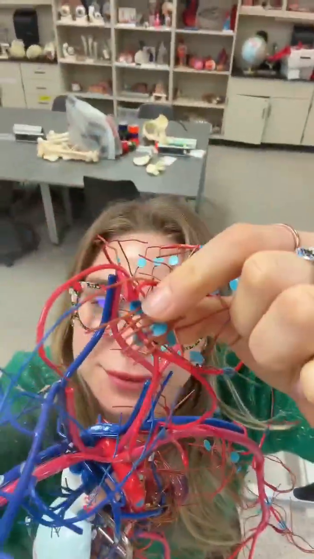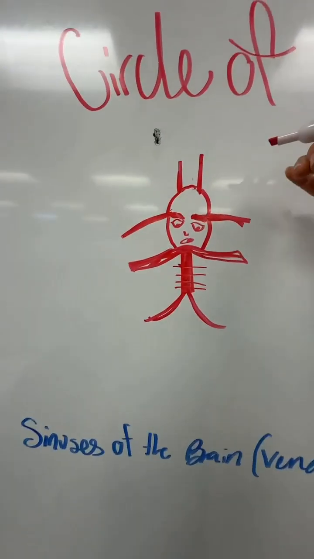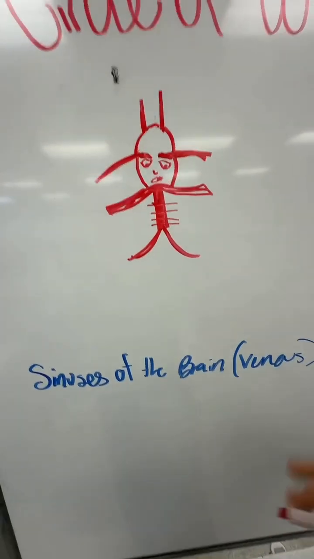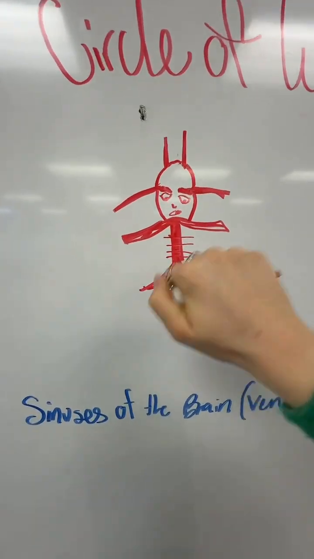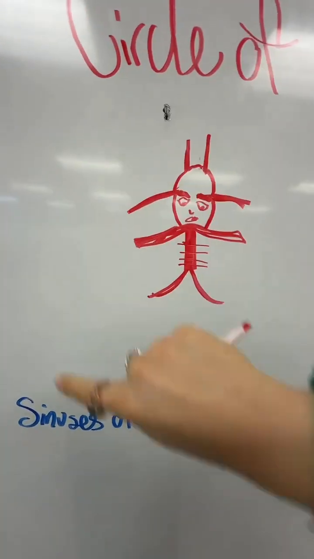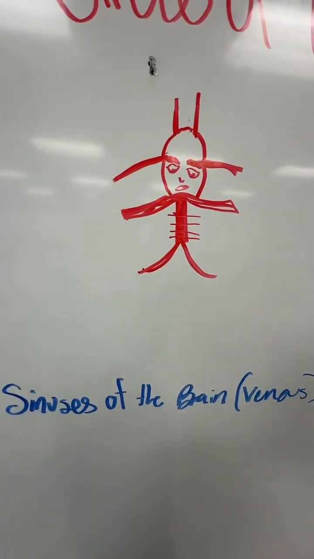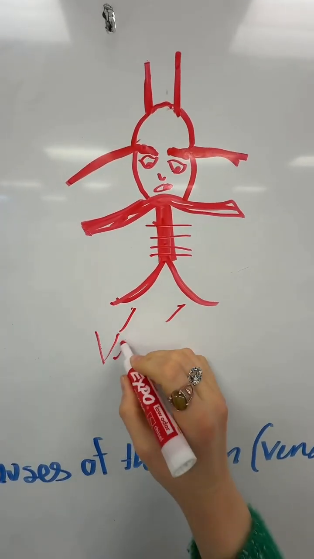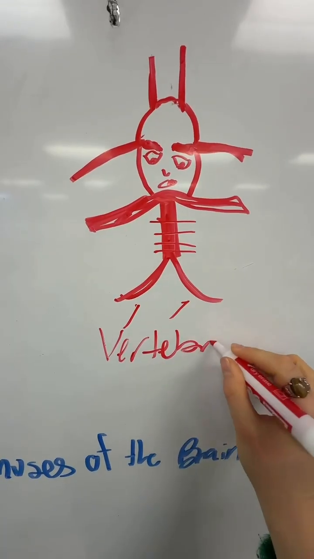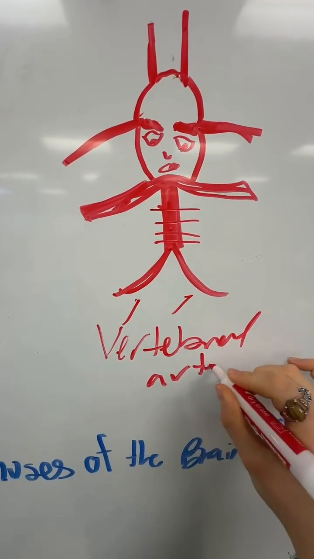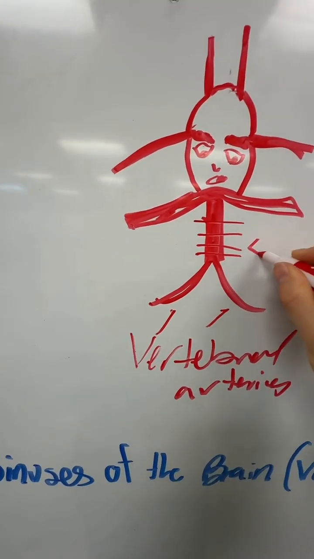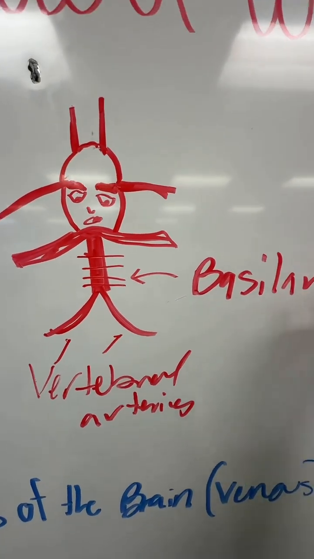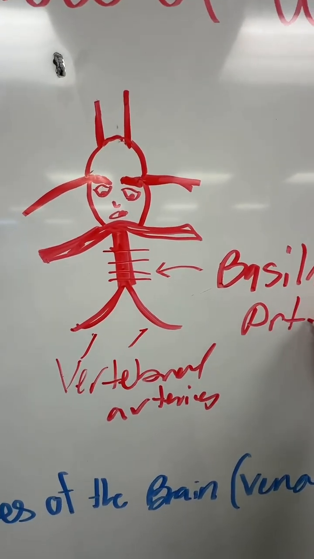And then into here. The circle of Willis is at the base of the brain, and its function is basically to make sure blood is always going to be flowing to the brain in case something goes wrong, and it has backup. So these are the vertebral arteries, and they branch into the basilar artery,